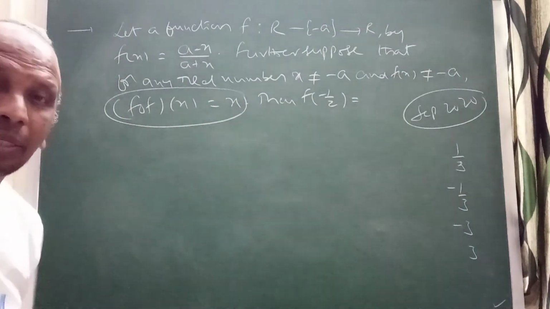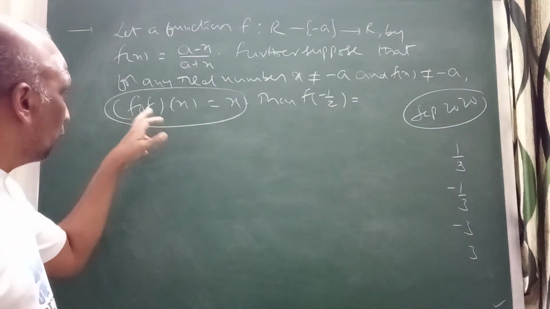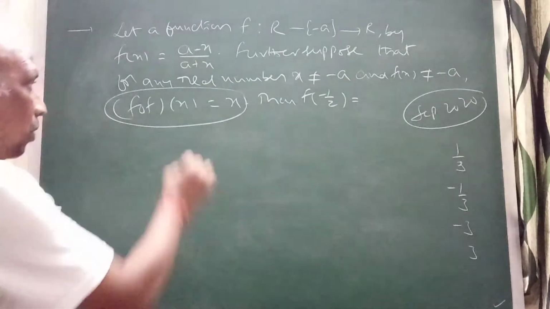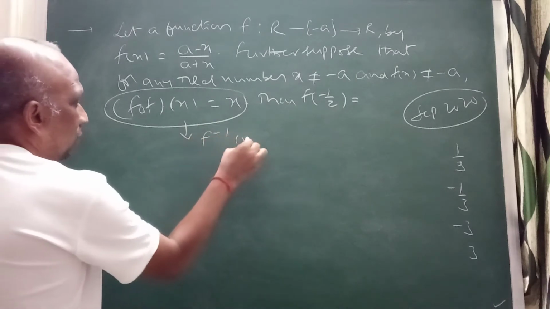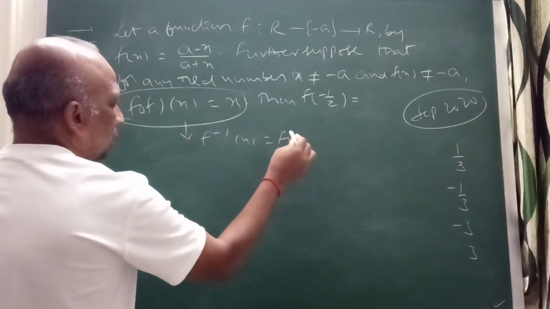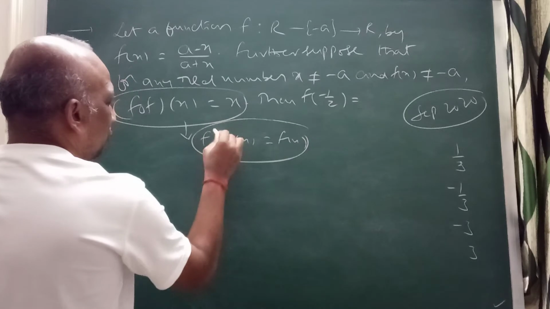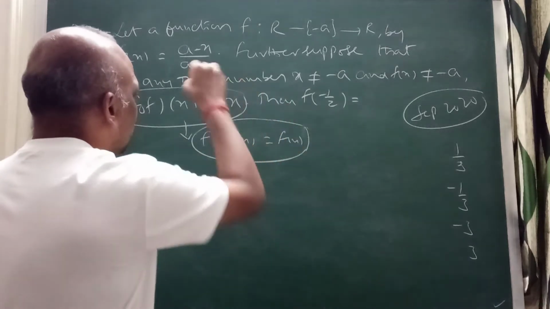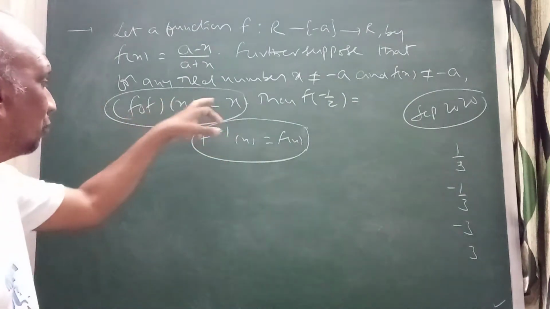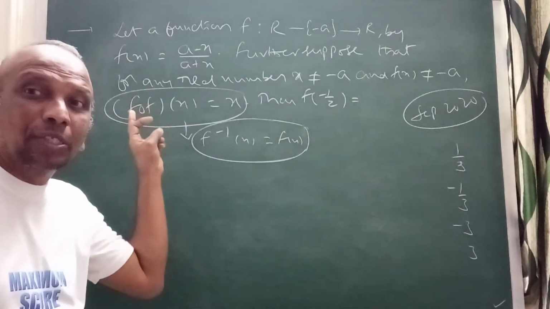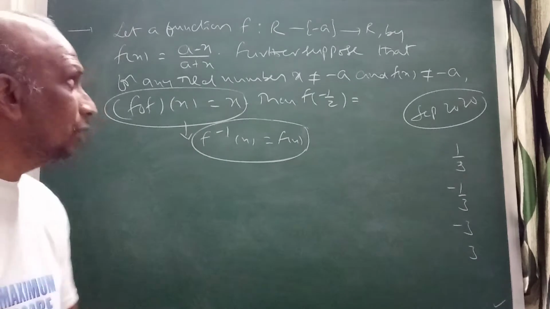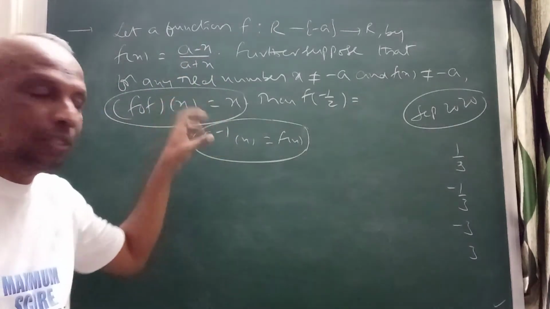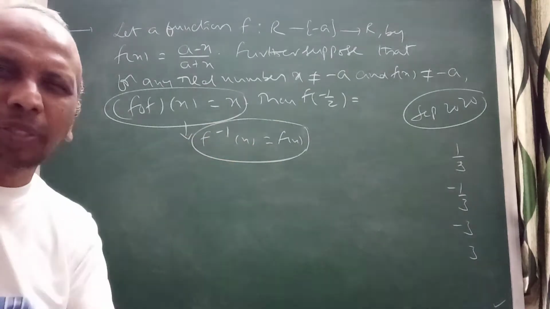One is the inverse of the other. So f of x is equal to x means the function is its own inverse. From this I can write f inverse of x is equal to f of x, both are the same. I can conclude this because this is the identity function, I_A of x. So f inverse of x is equal to f of x.